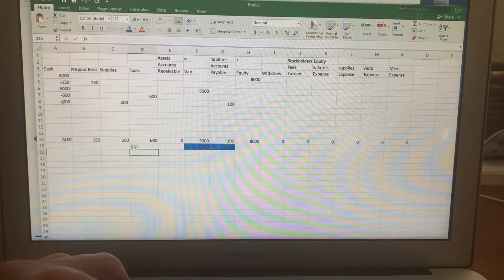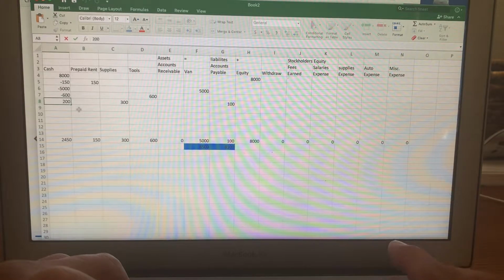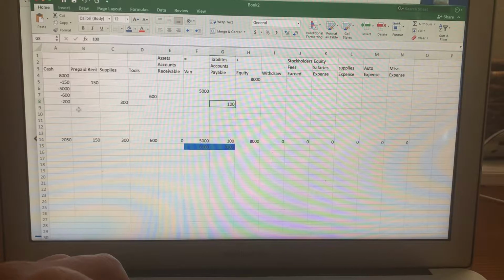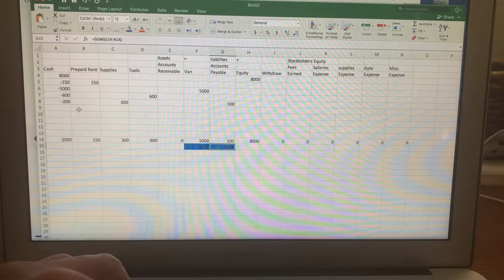And the reason why is because we paid $200 in cash. I need to put a negative in front of it. Okay, so negative. Now notice this 300 minus 200 is 100, so our 100 is right there. So now our equation balance is right here. Okay, next